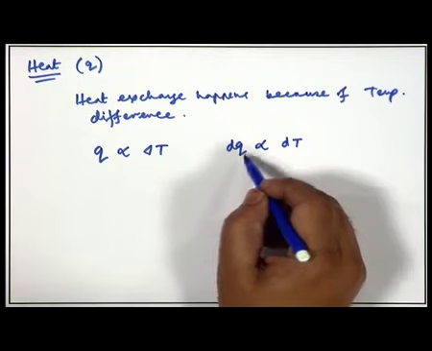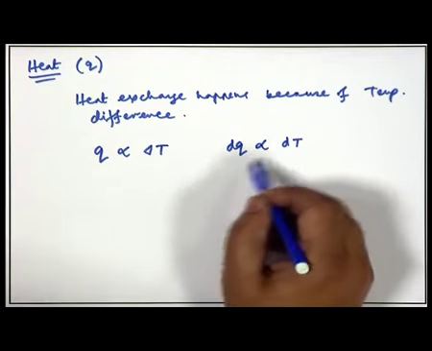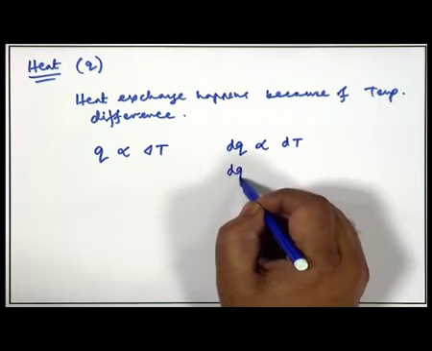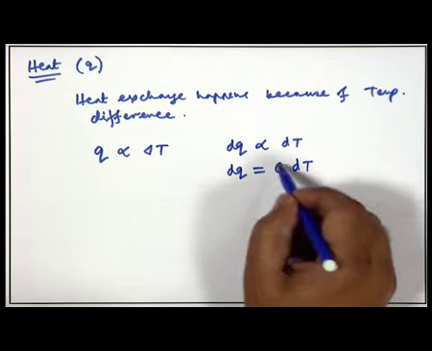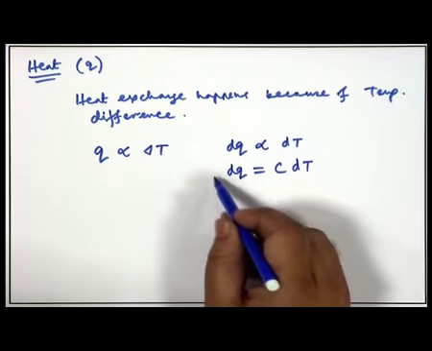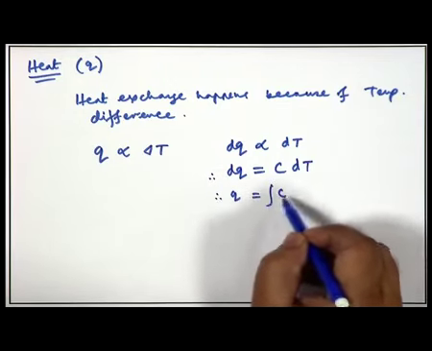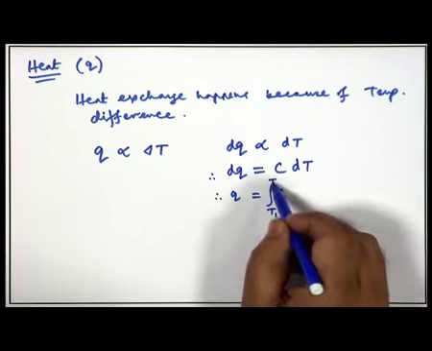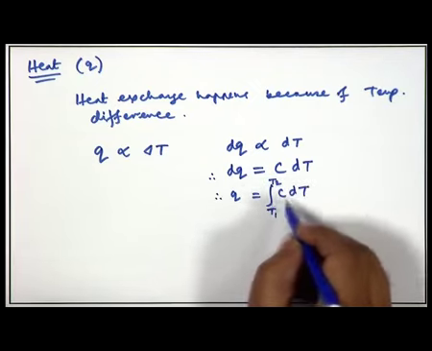So, what is the proportionality constant? We have this proportionality constant as C, capital C. So, for the entire process we can get Q as the integration from T1 to T2 of C dT, if C is constant